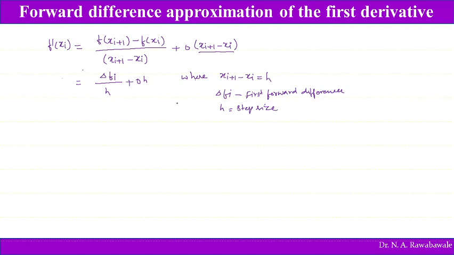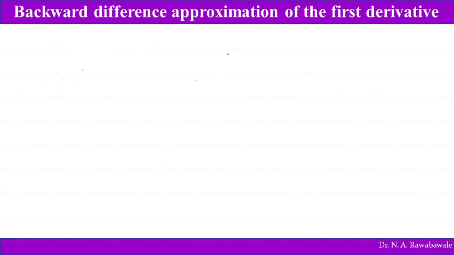So now this is about f dash of xi. When we want to find the first derivative, it can be obtained by this formula, this first term, where we neglect the second term. The neglected second term is called the truncation error, which introduces a truncation error. Now coming to the backward difference approximation of the first derivative,